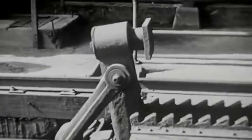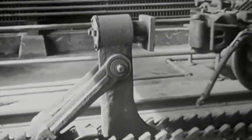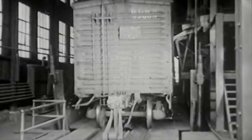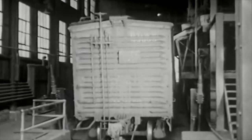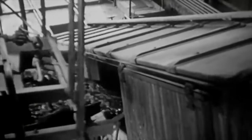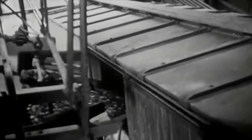The Glen Alden Coal Company has installed modern boxcar loaders. Here, when the car comes to rest, it is locked into position by a powerful mechanism. As the coal is loaded through the door, the car is slowly tipped to a steep angle as one end of the boxcar is loaded. The action of the cradle is thereupon reversed, so that the other end of the car may also receive an